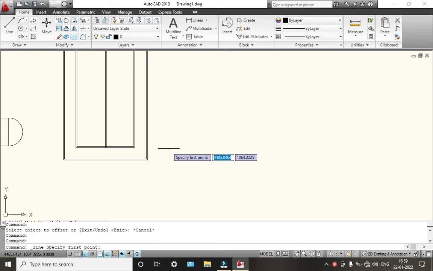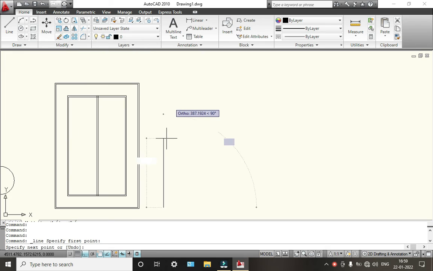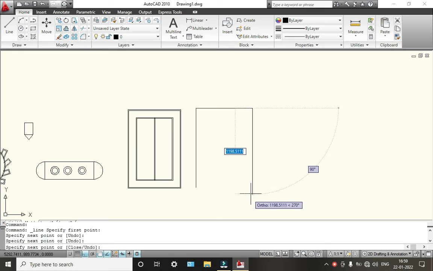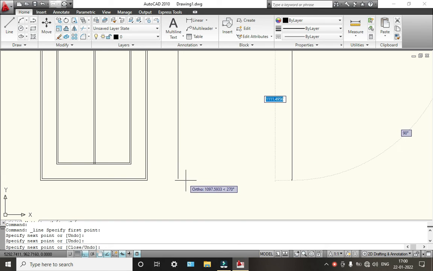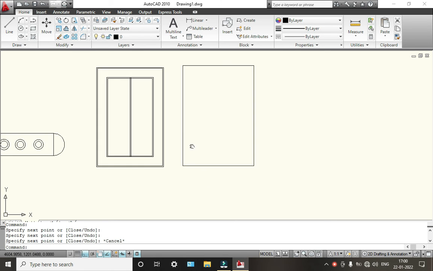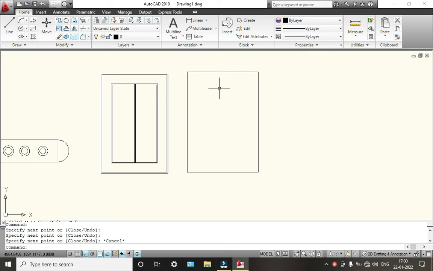So the main doors and every doors can be designed here. So after that we can give the offsets. Okay, 10 mm for the borders,